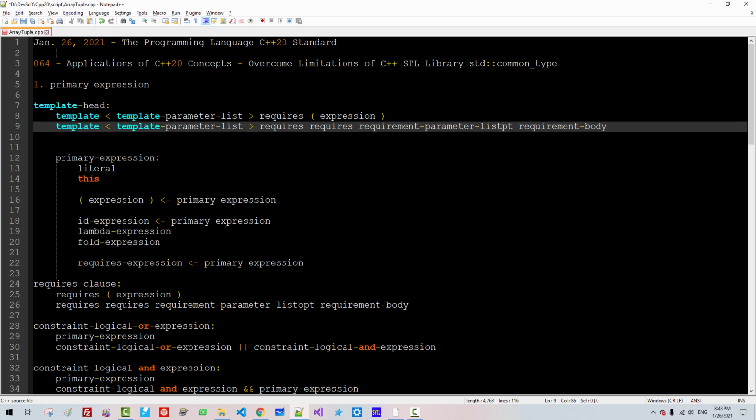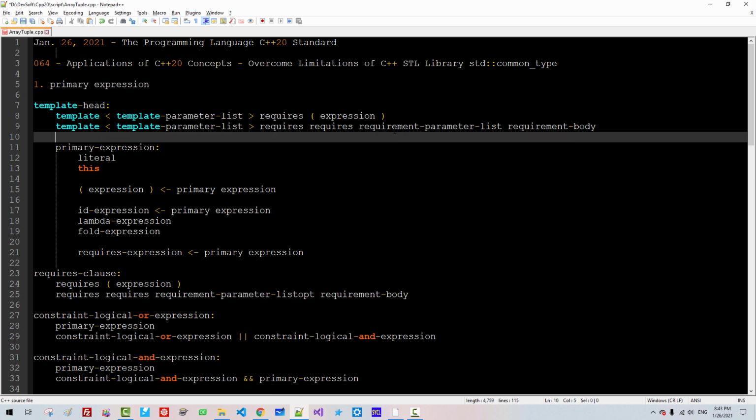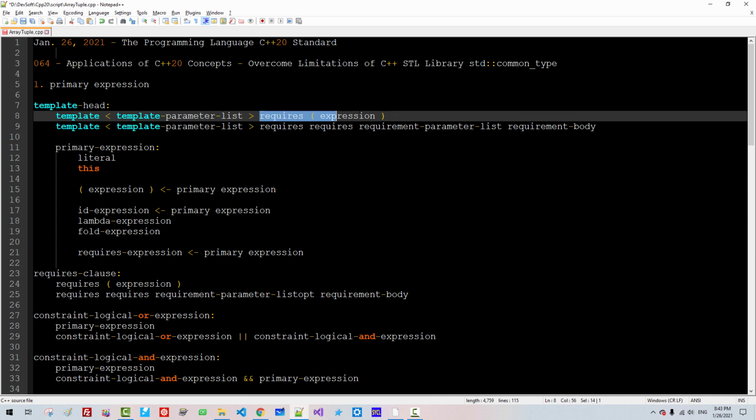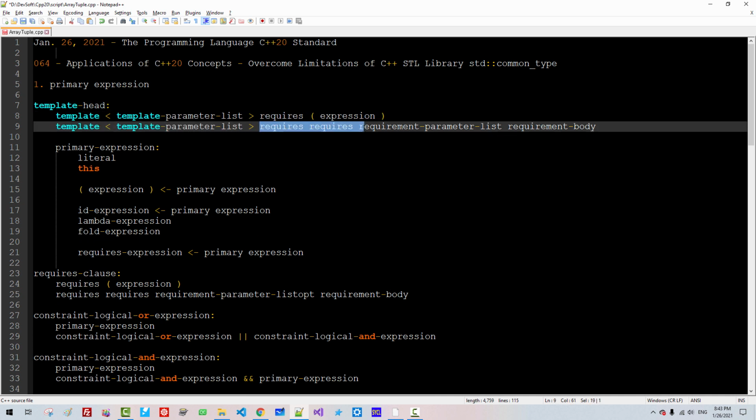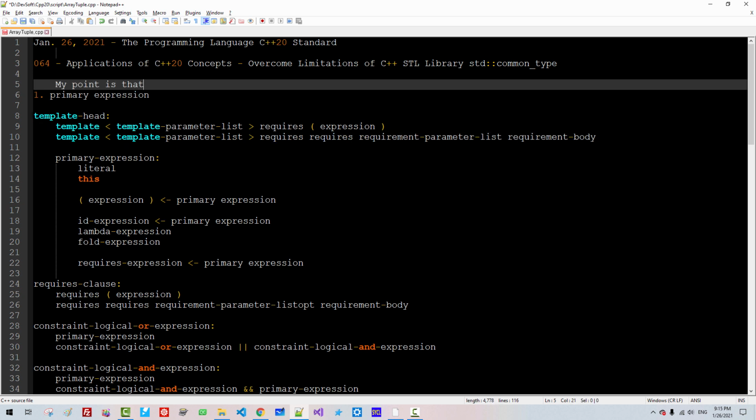I will delete opt. We will use this syntax, also this syntax, in my current episode. My point is that you too can read the C++ Standard Specification by yourself.